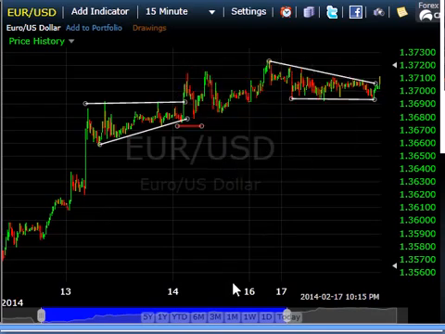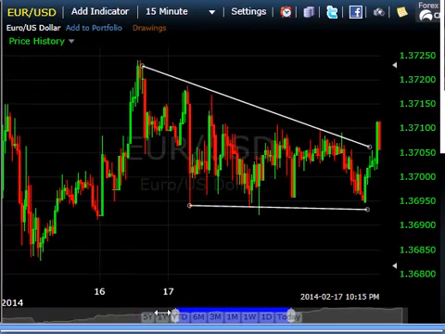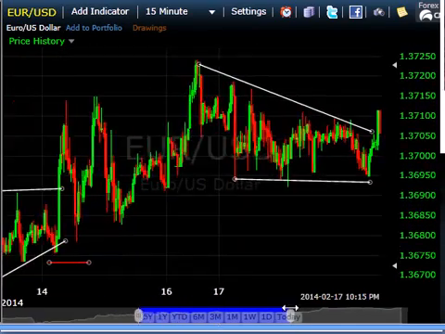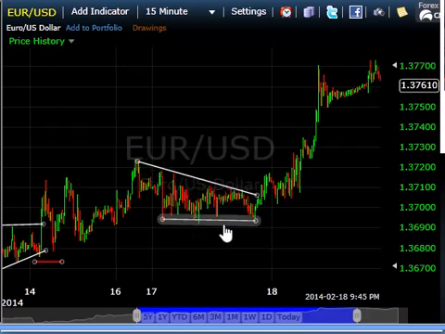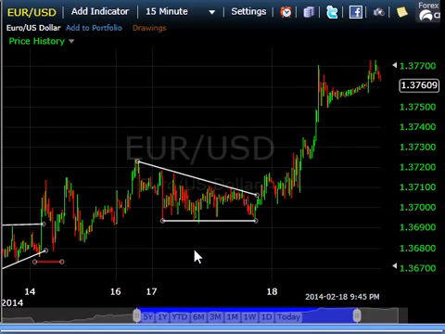So we'll get rid of these. So that one would have worked out well. Here we have another one which occurred shortly after. This one is a descending, and we can see that because these highs are getting lower and lower and lower, yet the bottom is staying, all these lows are reaching roughly the same area. So we have more than 3 points on the top, 3 points on the bottom, and again we're waiting for